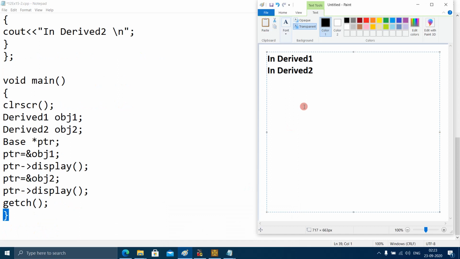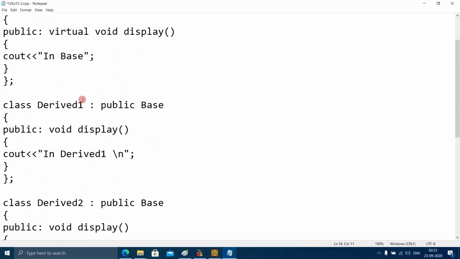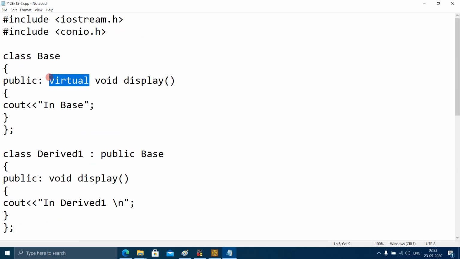So this is what we will get as an output when we use the virtual keyword before the display function of the base class.